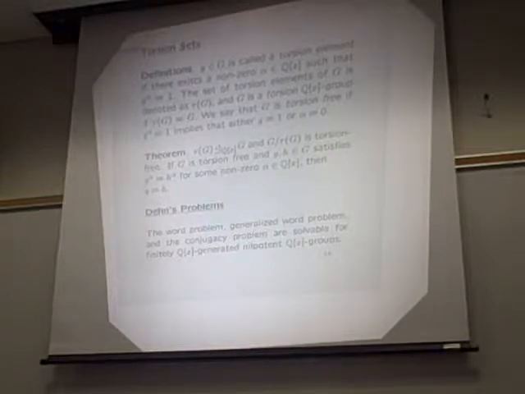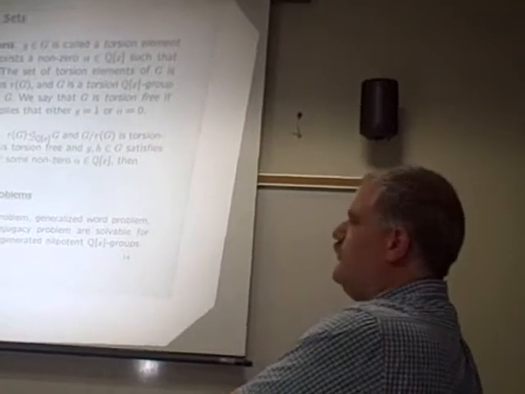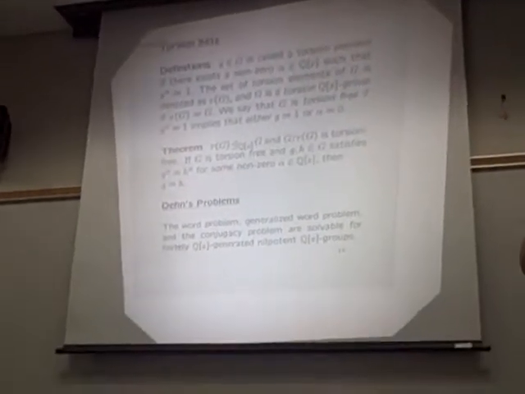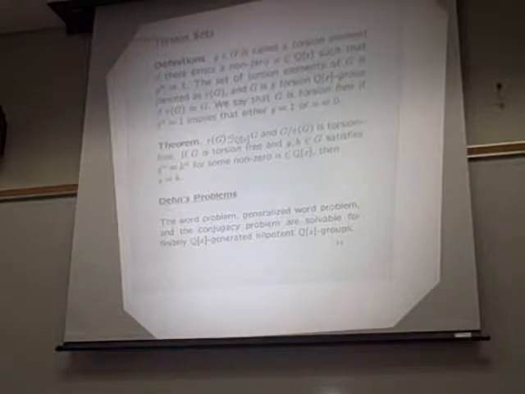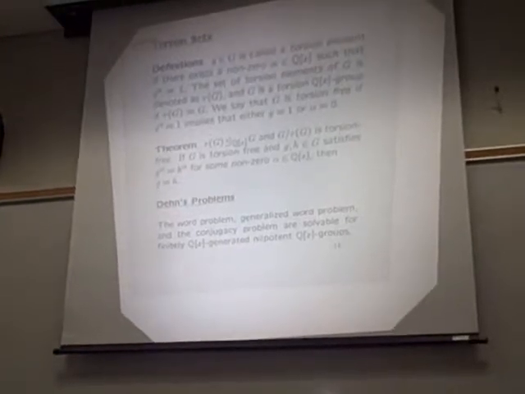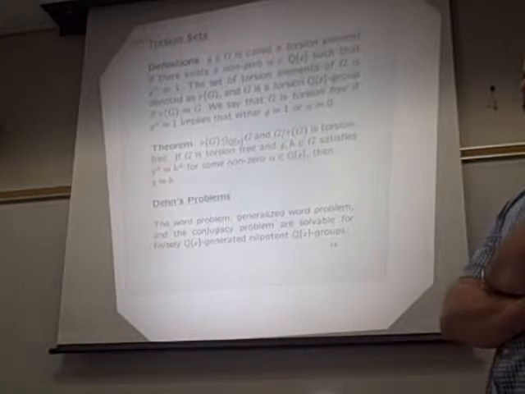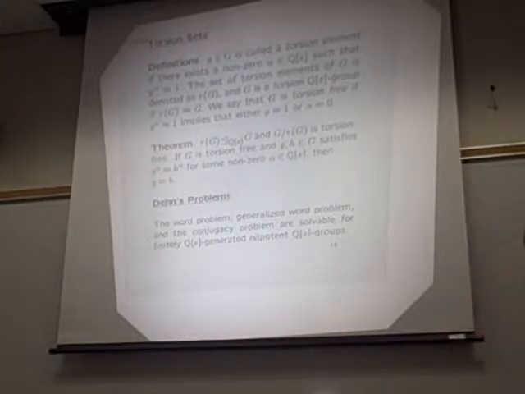Right. Yes. So, the non-abelian ones, yes, go ahead. Well, we know that these problems are solvable for finitely generated nilpotent groups as well. So I was wondering how similar the proofs are. Well, the word problem works pretty much the same way, because to solve the word problem, you use the fact that if you take an element in your group, you can represent it in terms of some polycyclic series. And then once you have that, you know that you can just see if the word equals 1 or not